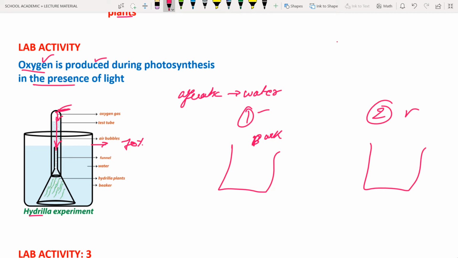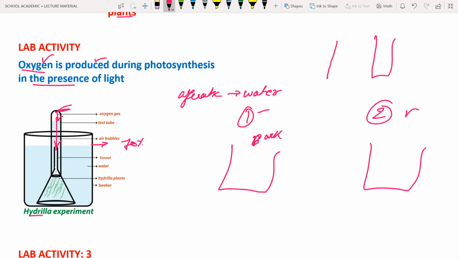First we have to take the test tube which is containing the gas, and we have to bring a glowing matchstick. Glowing is different, burning is matchstick. If you have seen the agarbatti, the agarbatti will glow. If you see the matchstick, the matchstick will burn. Burn means there is a flame above the tip, and glowing means a small ember will be there on the top. Example, agarbatti or incense stick.